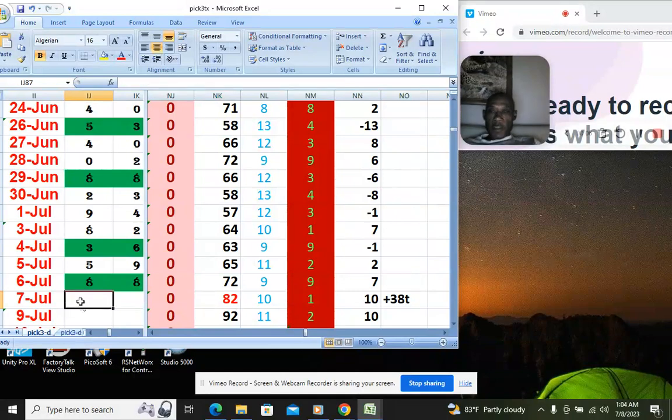I've come up with a program here. I used Microsoft Excel to write this program on how to predict the Pick 3 lottery numbers. You could as well. I could use that also in picking the Powerball and Mega Millions as well. Now, for example, here